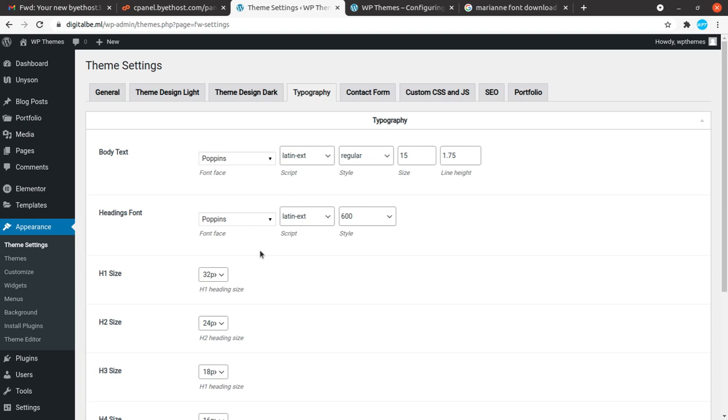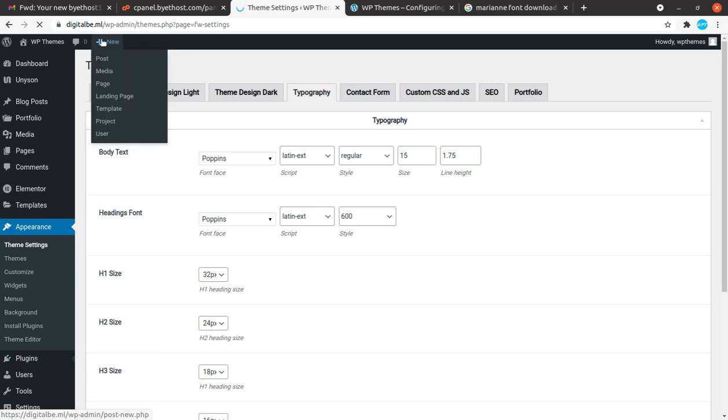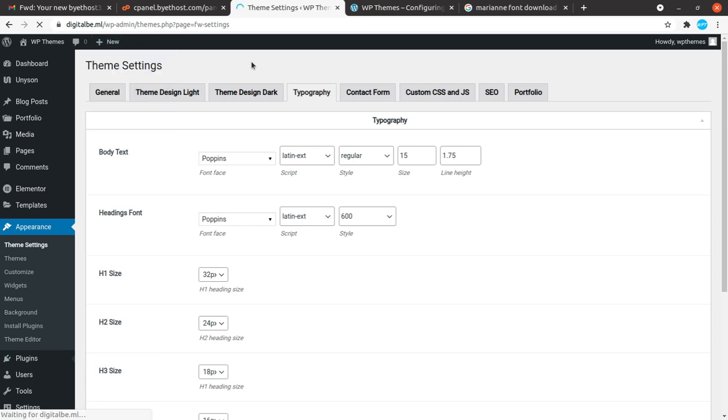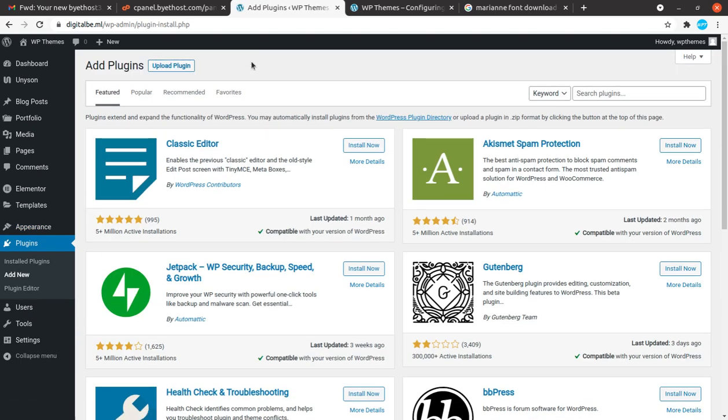So we are going to use a plugin for this. This plugin is called Use Any Font. So let us go to the add new plugin section. This is a demo website in fact, and it is hosted on a free hosting server, so it may work slow a bit.